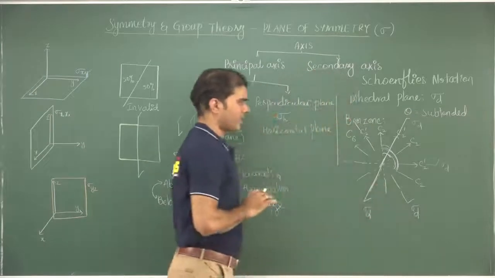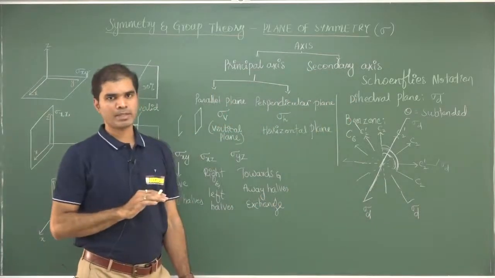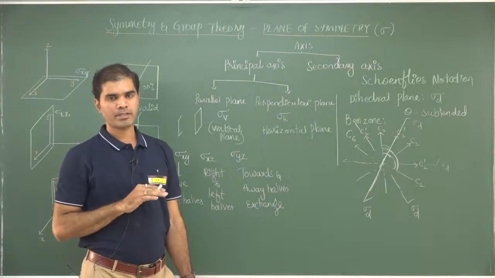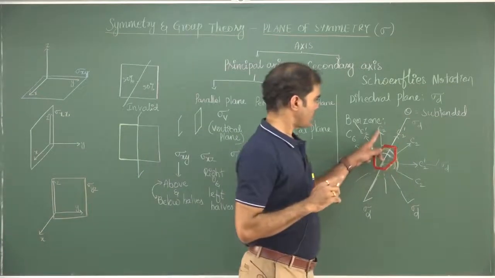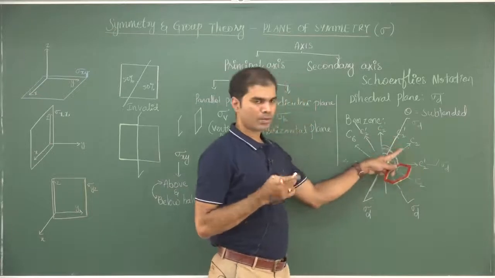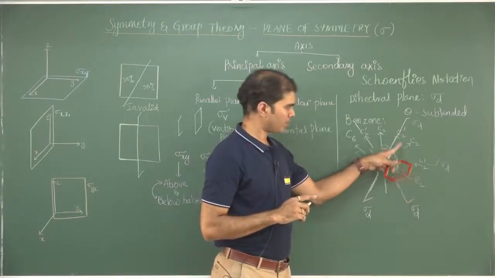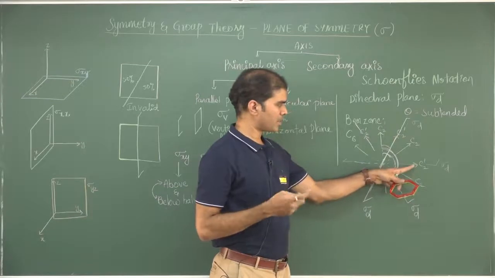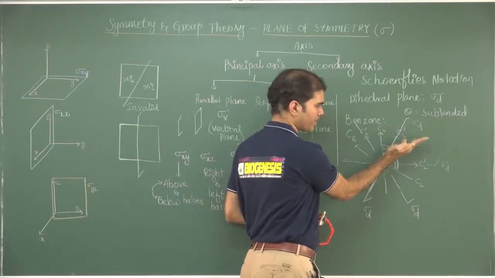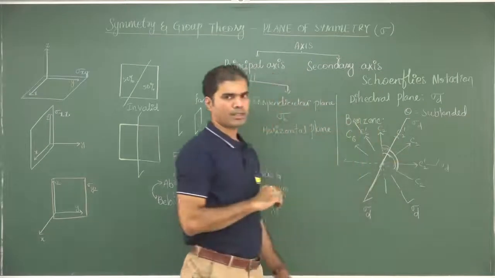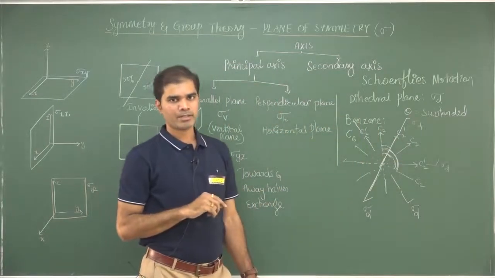This is first-hand information about dihedral planes. When we get deeper into dihedral planes, there is much more to understand. By definition, I can also pass a plane between two C2s, or between two C2 primes, because these two C2s are similar and consecutive. So I can call this also a dihedral plane. Then all the 6 planes that are present will become dihedral planes.